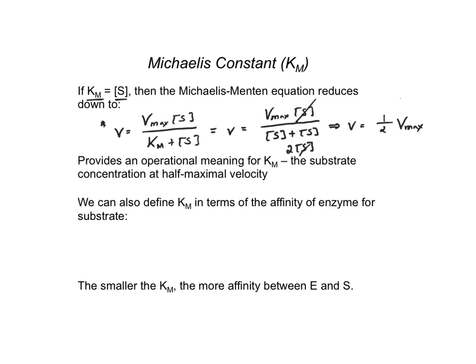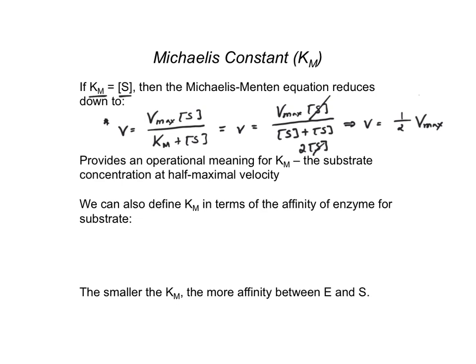Okay, so Km has a different meaning as well, though. And we can kind of go back or derive this different meaning in terms of what the original definition of Km was. So Km, when we originally defined it, was equal to K minus 1 plus Kcat all over K1. And what were these K1s, these K minus 1s? What did they refer to? If we go back to our original mechanism,